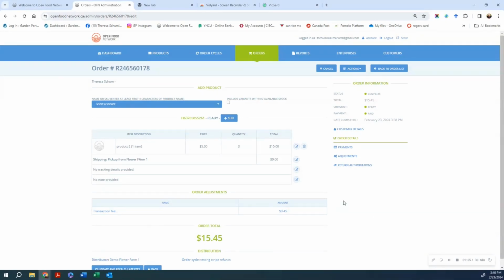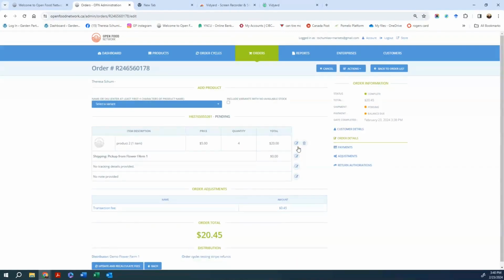So first of all, let's say you want to add something. The customer calls and wants to add something to their cart. Well, let's just do this. They want to add one more of these items. So this is how you would do that. And now we see the order total went up, and we can see that there is now a balance due